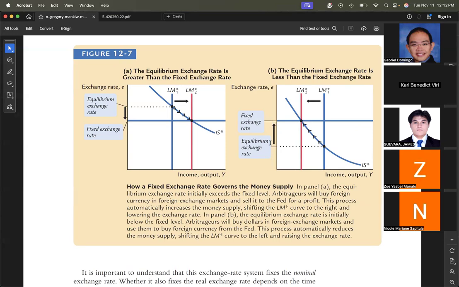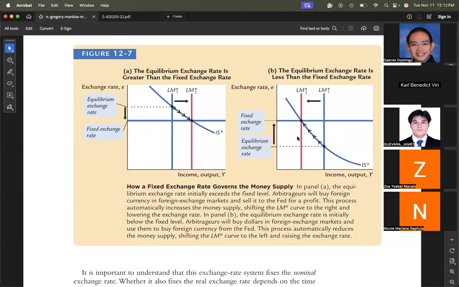So yung mangyayari dito is in the official fixed exchange rate market, people would like to get foreign currency and will give up their domestic currency, which will automatically, and here's the key part, automatic siya. The BSP doesn't actually have to do anything other than be willing to buy domestic currency and sell foreign currency at this higher exchange rate. Okay? Boom, boom, boom. LM curve now will shift to the left